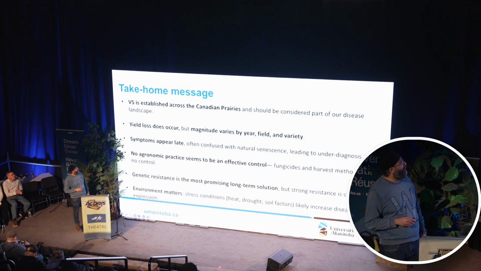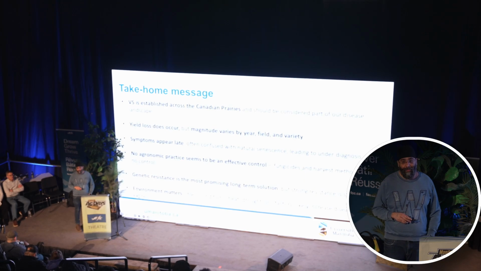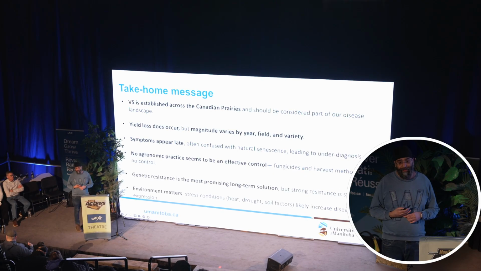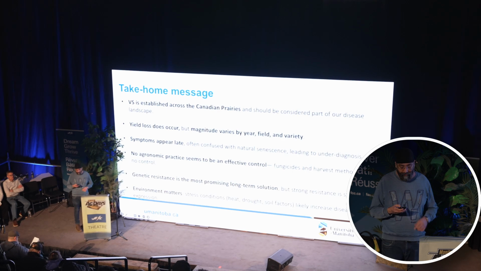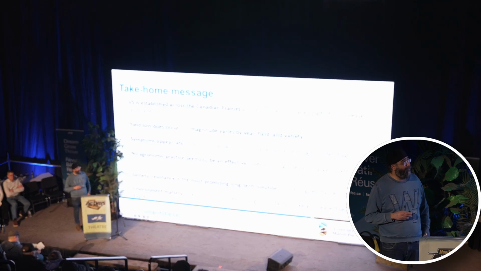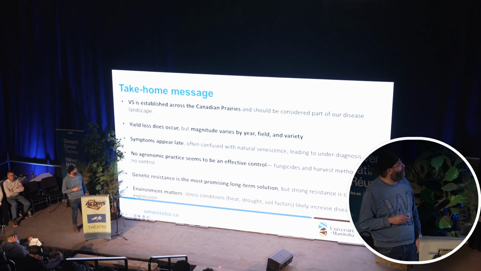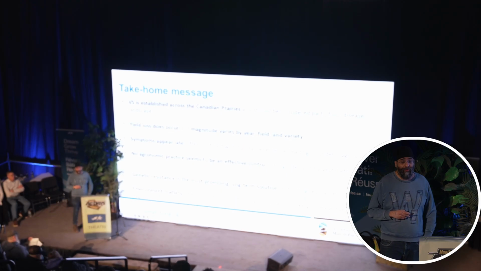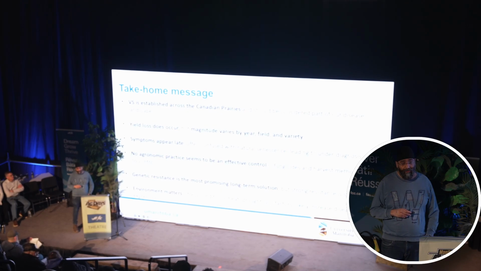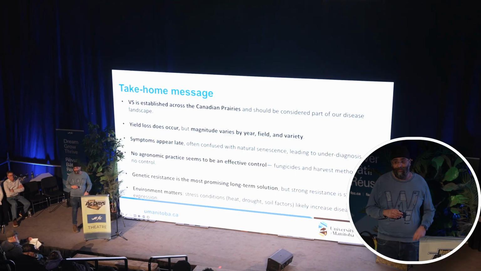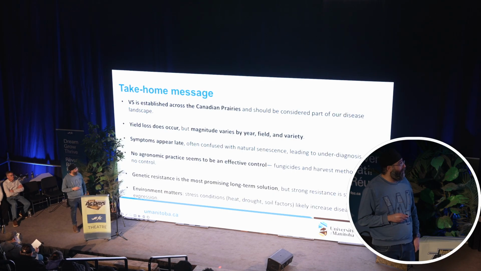So to sum up my talk here, verticillium is now an established disease, not only in Manitoba, but it has been very prevalent in Saskatchewan. The provincial surveys are pointing to this now, that in Manitoba it has been consecutively increasing in the last few years. Saskatchewan surveys have also given the same indication that more and more fields are turning up to be positive now. We do know that yield loss does occur, but it's hard to quantify it at the moment. So we cannot give you a number at this point of time. How much are we looking at?